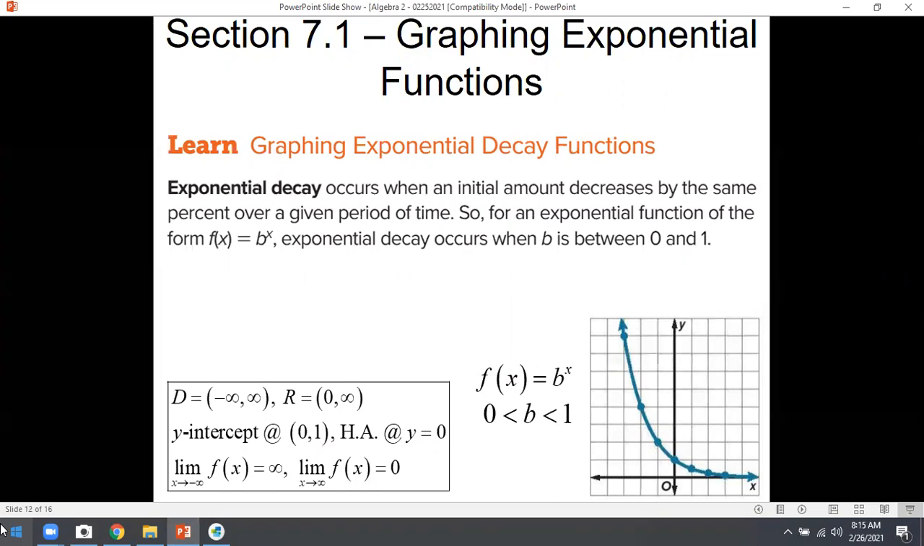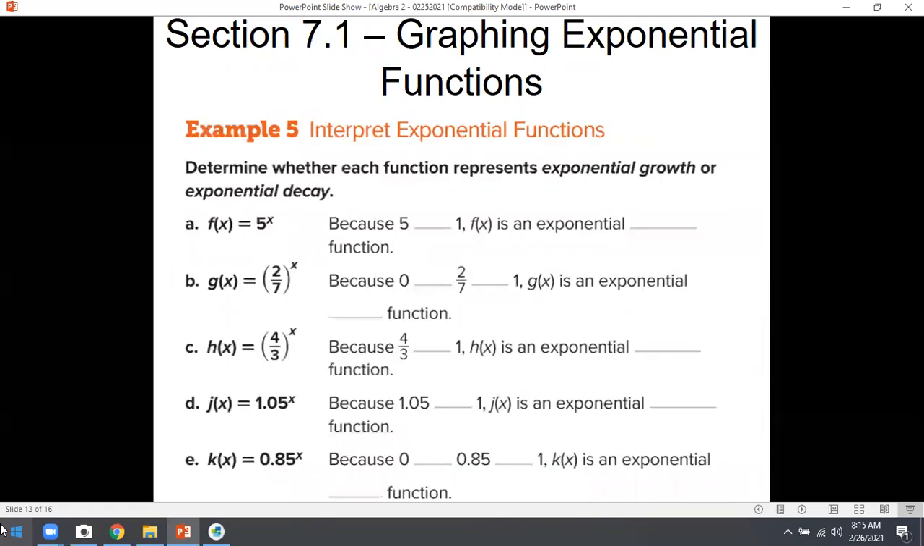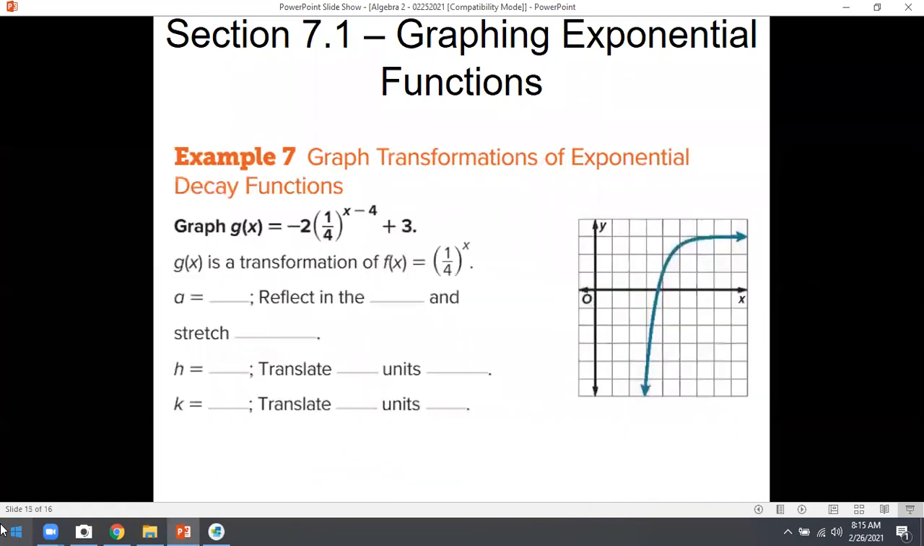And again, just like anything else, I can have stretches and shifts based on this. So let's see if we can find one that's based off of that. We'll call it a day after that. Let's do this last one right here, then we'll be done. g of x is -2 times 1/4